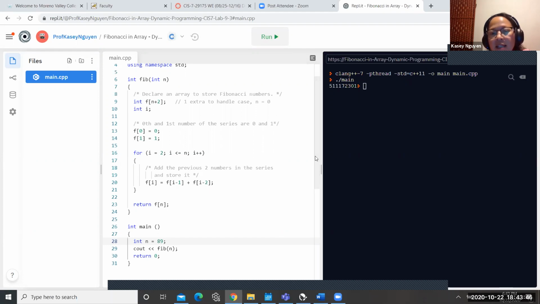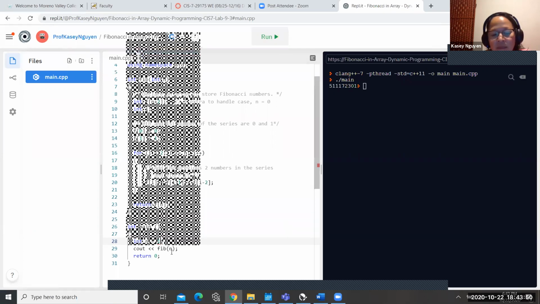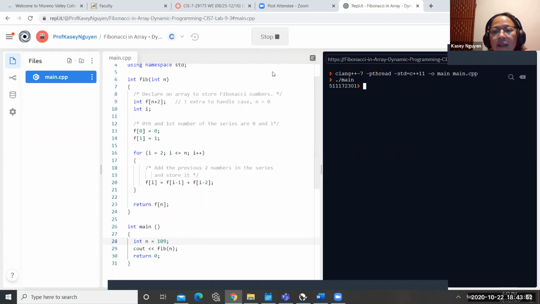Because I tested this earlier, so I'm using the same. What if you wanted to make it higher, 109? So there would probably be a ceiling somewhere, like it would reach a max capability.